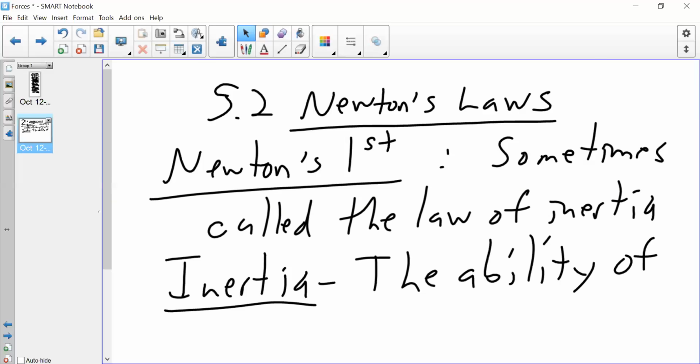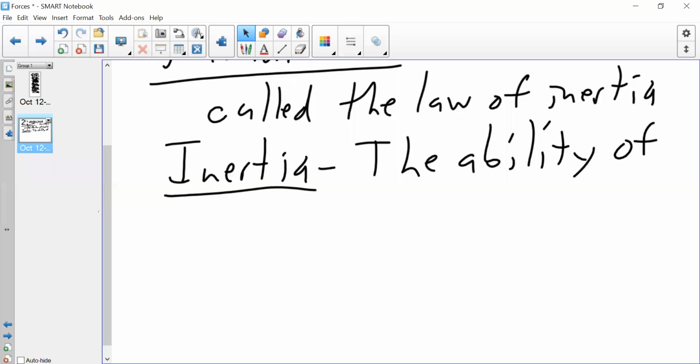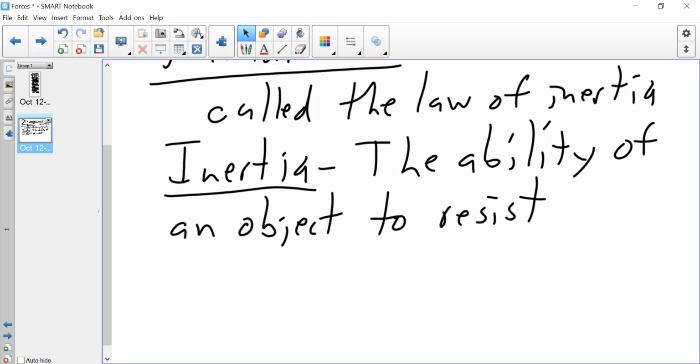Okay, so inertia is the ability of an object to resist changes